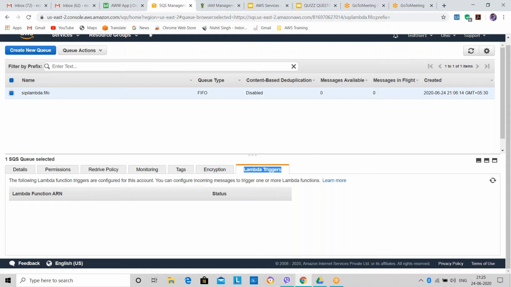Can you please explain with a real-time example where SQS can be used in this kind of scenario, any one scenario? Okay, let me think of an example first, so that you guys will understand it. Just give me a minute, I'll think of an example. Sure, man.